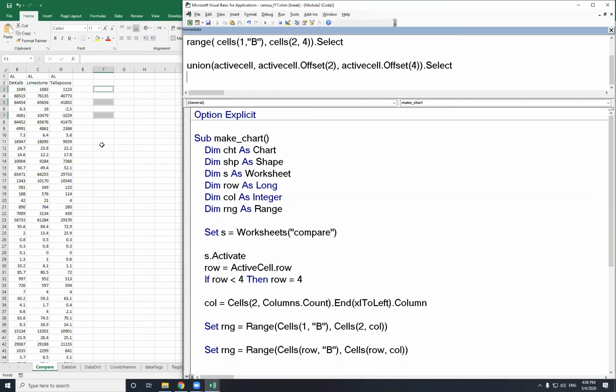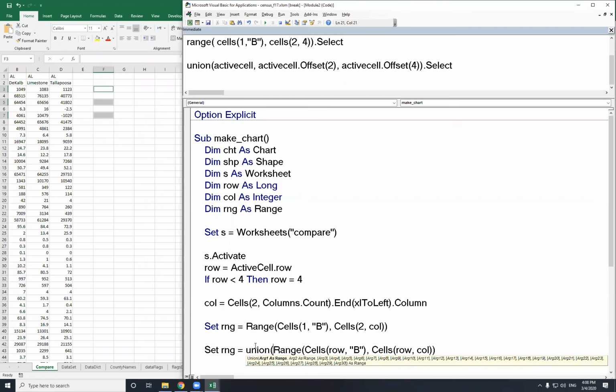Question here? So here's what I'm going to do. I've got my first range set here. And now I'm going to change range. I'm going to set it equal to the union of,